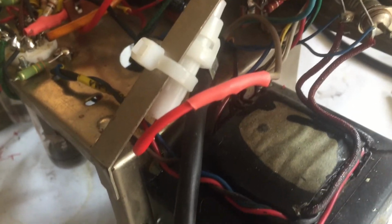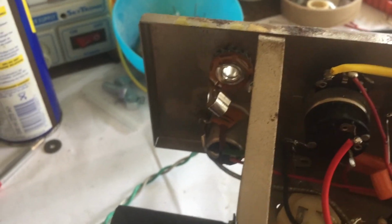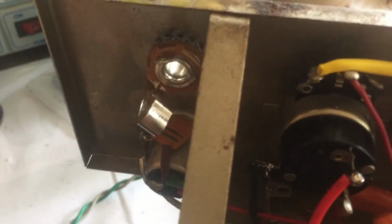Okay, I installed the mains fuse, which was missing, and that was really important to measure what the power transformer is sucking out of the wall. I was maybe thinking about changing the jack to a shorting type, but